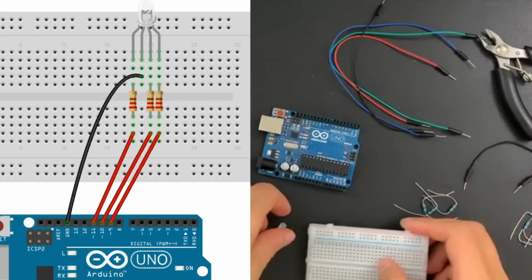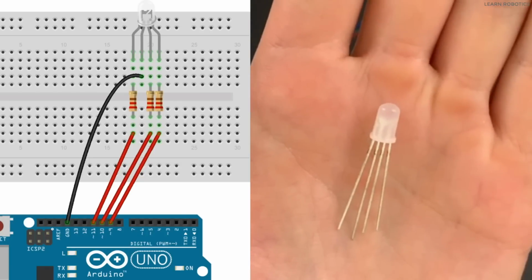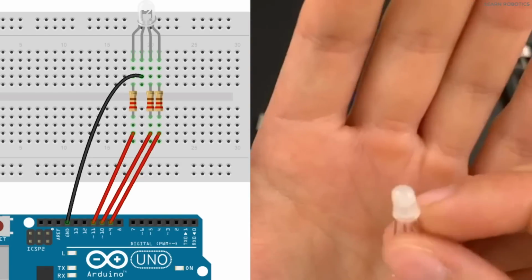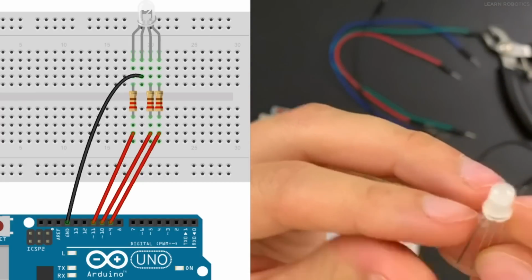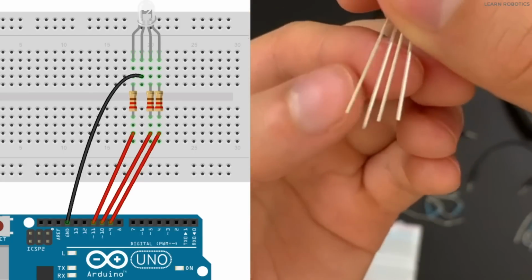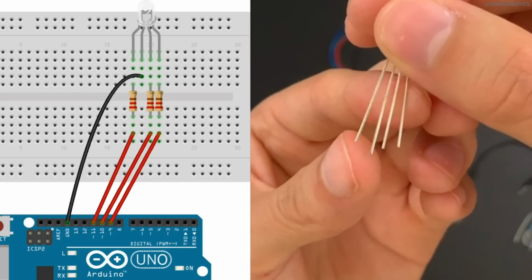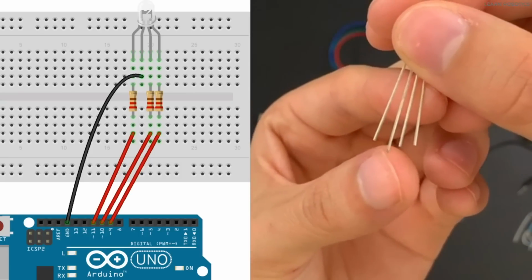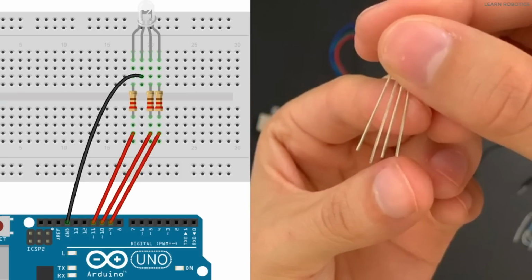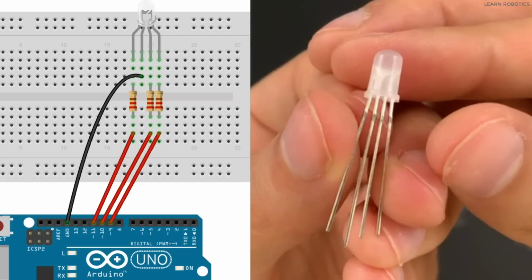So what we're going to do is we're just going to take a look at this LED. So most LEDs have a polarity. This one's a common cathode configuration, which means we're going to be plugging this longer leg, you can see it, you can plug that longer leg into the ground, and then we've got, going from left to right, R, ground, G, B, and then we'll be controlling the colors based on each of those